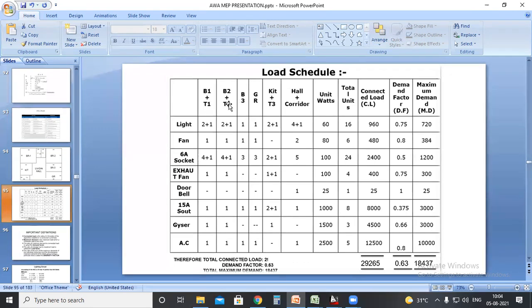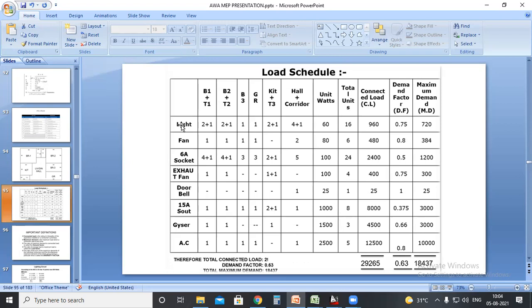After listing all the rooms, here we have to mention the unit watts. What is the unit wattage of the light that we have taken? We will get that from the lighting calculation part. Since we are doing the lighting calculation, we will know the light specification, mainly the unit watts. In case we have multiple light fixtures, we have to list that also. For example, a 10-watt LED light, 20-watt LED tube light, 6-watt mirror lamp, 3-watt foot lamp.